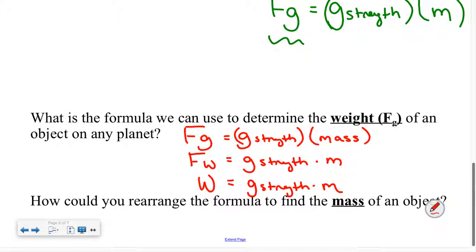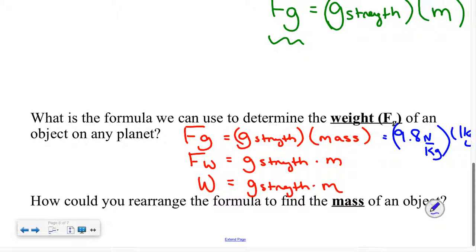Now, one of the things you have to be super, super careful about is making sure you include your units all along the way. And so if I'm going to do a sample problem over to the side, and if I know that my gravitational field strength on Earth is 9.8 newtons per kilogram, and I know the mass of my object is 1 kilogram,